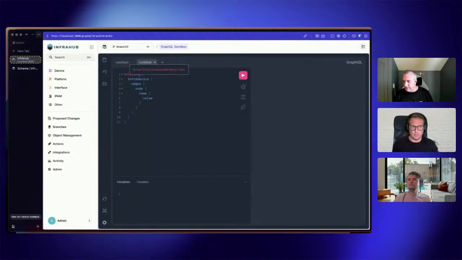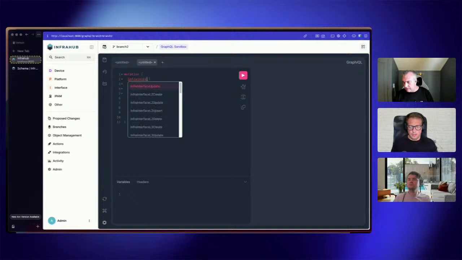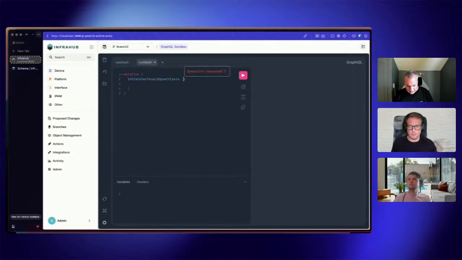So I have the ability here, if I want to create, we have these functions we call Upsert for the layer 2 interfaces. So here I will have the ability to create an interface and reference the device, even though I don't know what is the